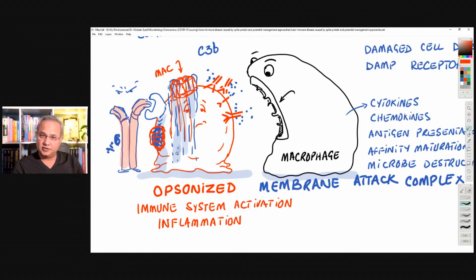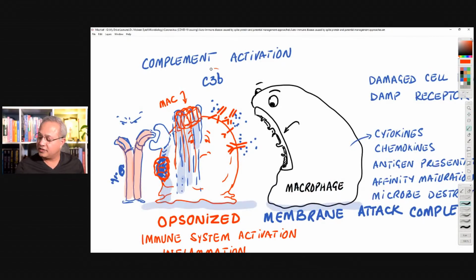In addition to that, as part of the complement activation, there is a protein produced that is called C3b. So normally the complement proteins are called C1, C2, C3, C4, and so on. When they become activated, they become usually split into two. And then one part is called A and the other part is called B. We also say A is for action and B is for binding. Anyways, just for our discussion, two parts. The C3b, when that is formed and that sits on the surface of the cell,